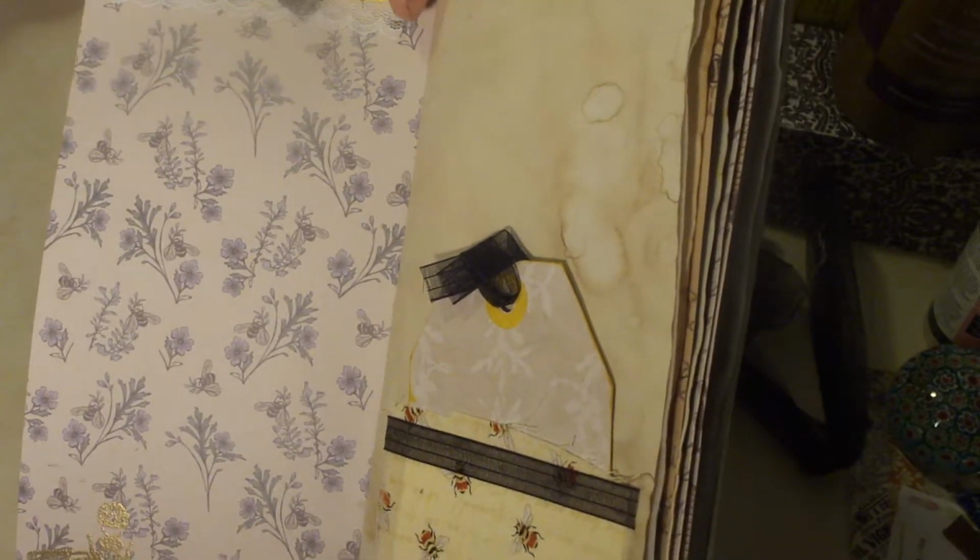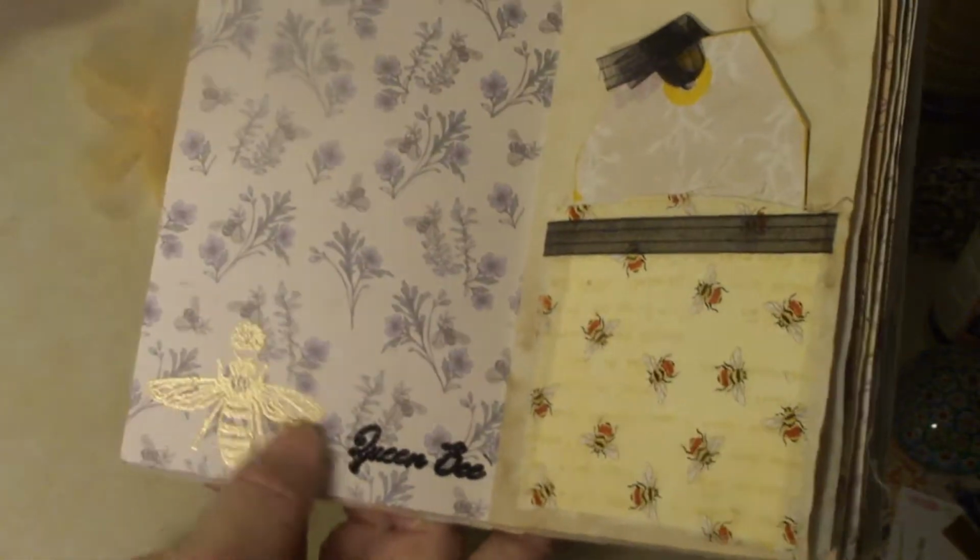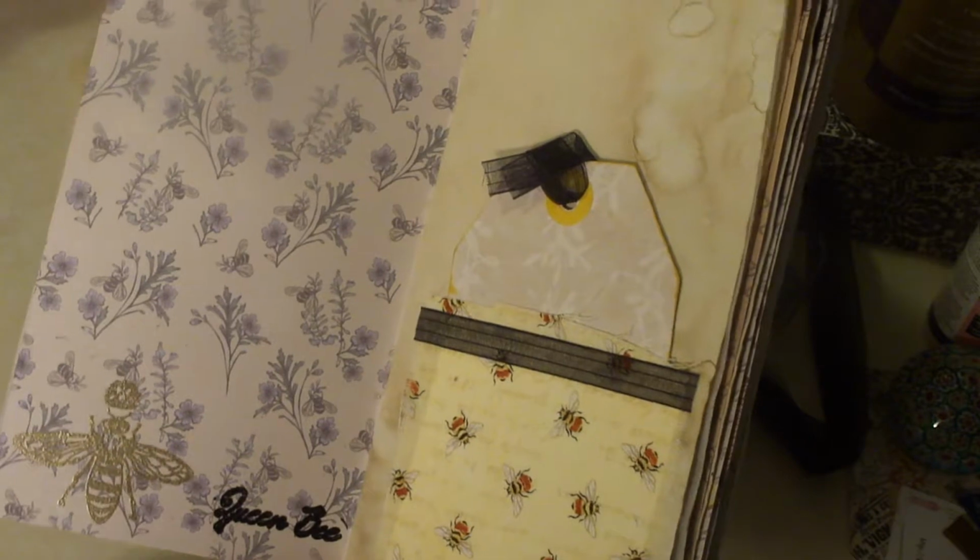And you can see through the parchment. There's another index card, more stamping, another tag with that printed ribbon. It's in French, by the way. Another piece of parchment, or of coffee dyed paper, little embellishment of layered fabric and lace. These are two different embossed in gold and black, a fabric pocket,